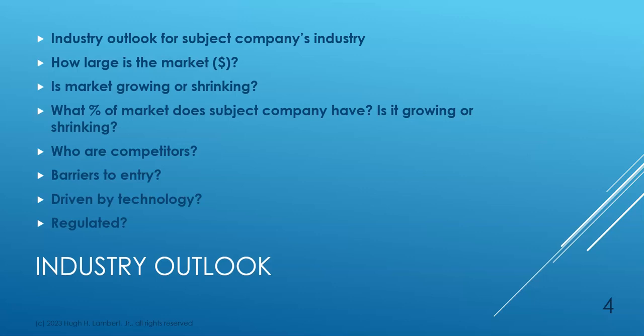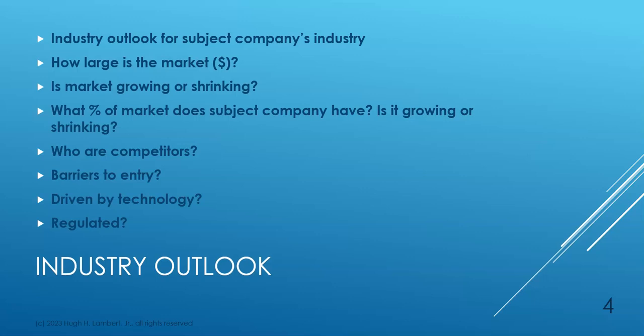Who are the competitors? If we think about the coffee industry, we have some major players in that market, Starbucks being the most significant competitor in that industry. And Starbucks also has a fairly large market share. But we also have Dunkin' Donuts, and we also have competition through much smaller entities like a Bill Gray's or something like that, as well as our local coffee shops, as well as the coffee maker that's located in our kitchens for some of us. So competition and substitution, we'll get into substitution a little bit more in a different slide, but those are big factors to think about when you're valuing a company.